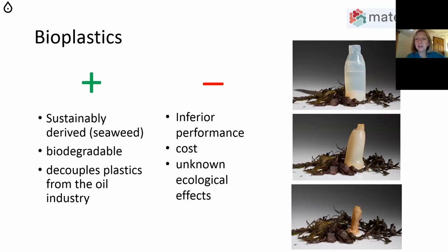Okay, so let's turn to the ecotoxicology part of the project. What have we been doing there and what have we been finding? Well, we've been looking at what some of the bioplastic alternatives to those petrochemical plastic bottles would be in terms of their ecotoxicology impact. And we've been working with here in terms of bioplastics with a company called Materium. And they specialize in making plastics from waste products. And in this case, the image you can see on the right are plastic bottles that are made out of